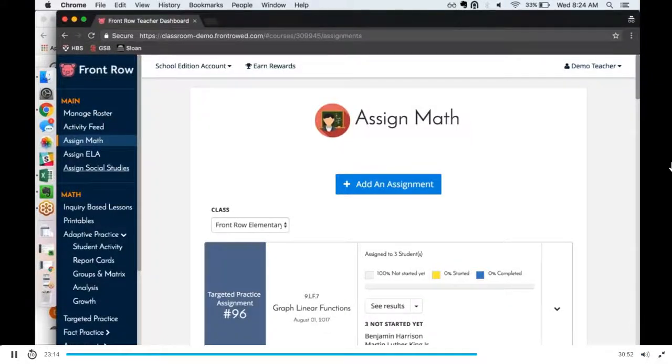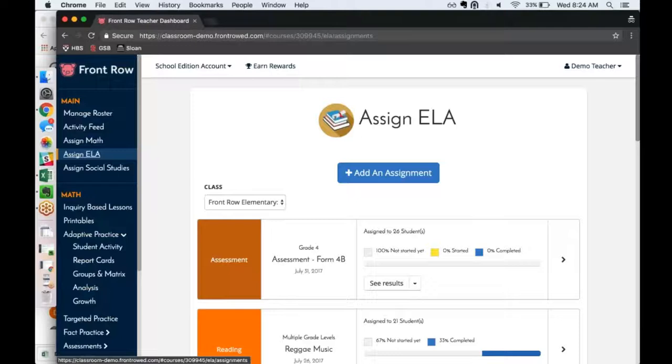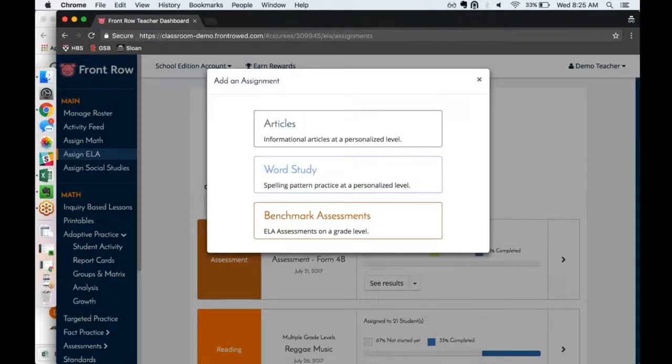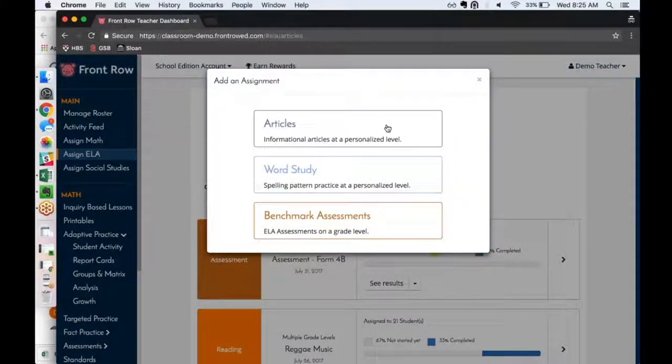Let's talk about assigning ELA articles. When we were on the student dashboard, you saw that your students could click in to any article and get the version automatically. Well, sometimes you ELA teachers may actually want to assign a specific topic for your class to read. Then you would go to Assign ELA in the top left corner, click Add an Assignment, click Articles,